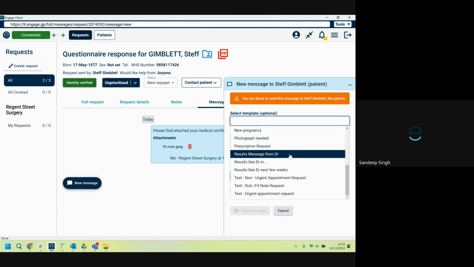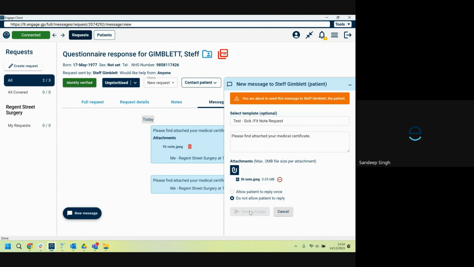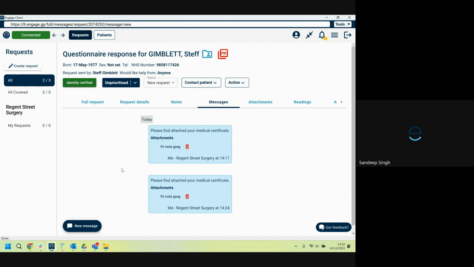So one that we have here for the sick note request was this one here, just a test one. Please find your attached medical certificate, adding an attachment for the patient's clinical record as well. And also we have the choice for users to allow the patient to respond or to not allow the patient to respond to the message as well. In this scenario, we won't allow the patient to respond. Send that message over, and that's now sent into the patient's email, and they'll be able to access that information